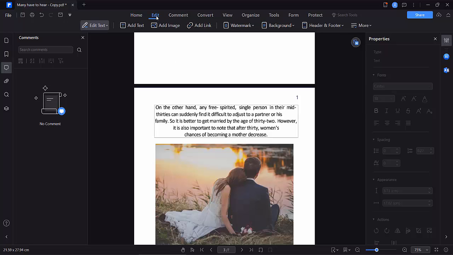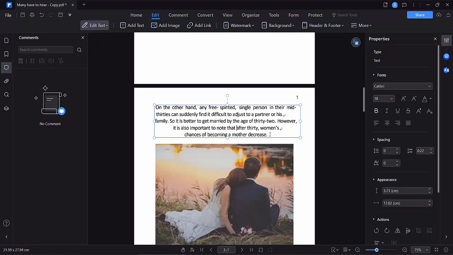Click on this Edit option in the top menu bar. Here you will find this Edit Text option, and select that. Now click on this text box and drag your mouse cursor, select the text you want to underline,